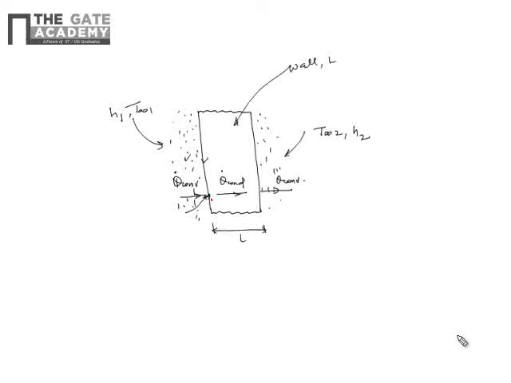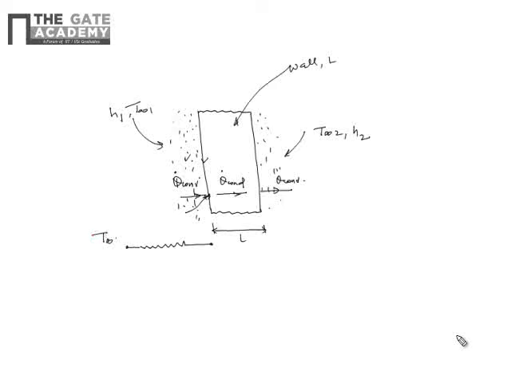At the interface of fluid and surface, there is some convective resistance. So if we want to draw the thermal resistance diagram for this situation,